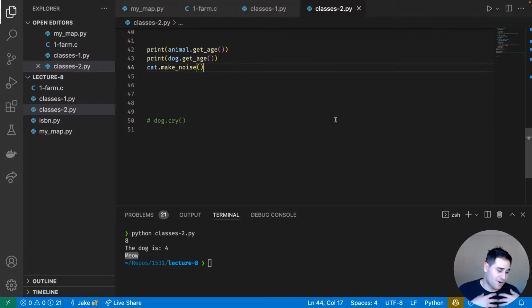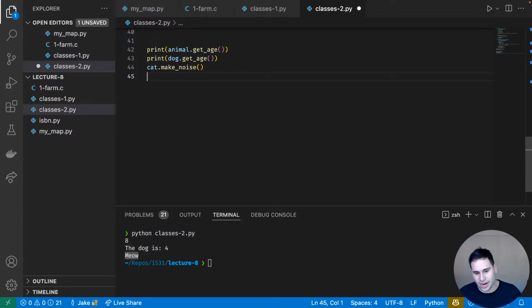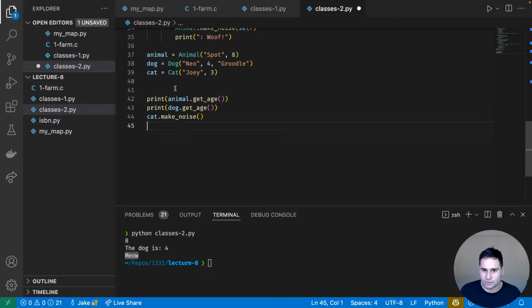Cool. I know we're really rushing through this. I'm completely fine if you don't fully understand it. I just want some of the ideas to be exposed to you, right? So that, again, this is not going to be on the iteration or the exam or anything like that. It's just to sort of show some stuff. But I want to show you one more cool thing before we wrap up today that we can do with